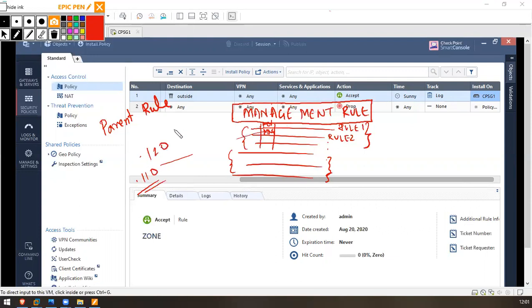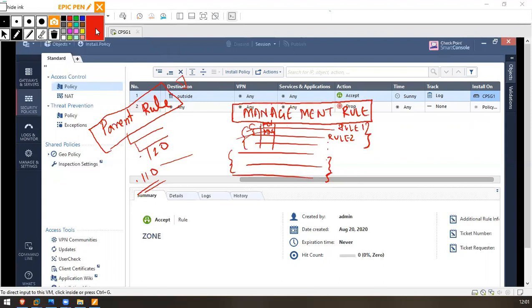So I can combine this rule as a single parent rule, and if it has a drop down list, I will add this specific rule inside as child. Means I will create a parent rule which tells that these 2 rules are combined and its action is this, and if you drop it down, you can see my child rules which are as following, which will be separate rules, rule 1 and rule 2. So parent rule means I will create a parent to this part.